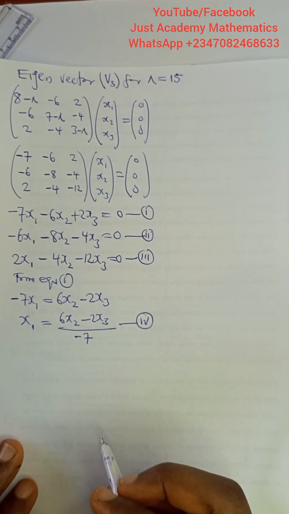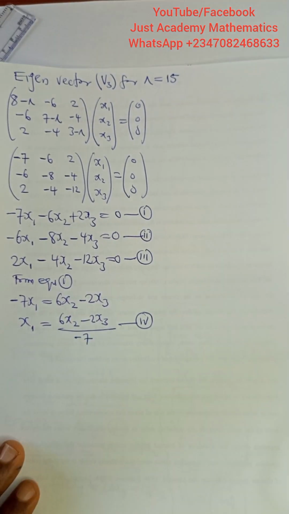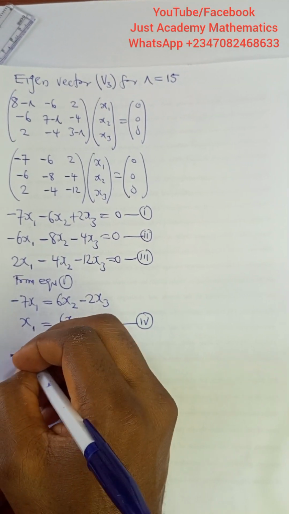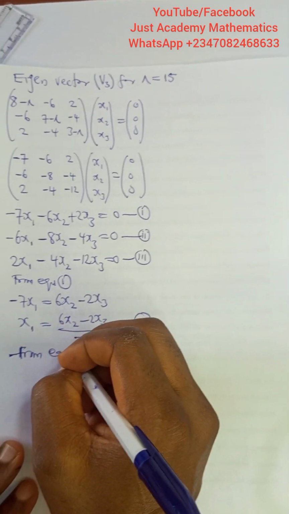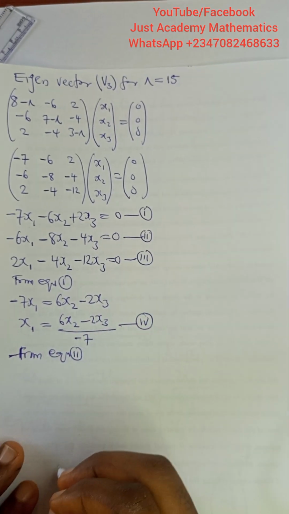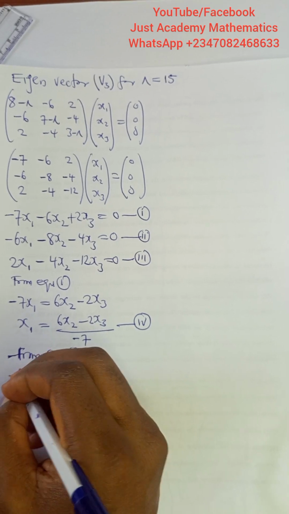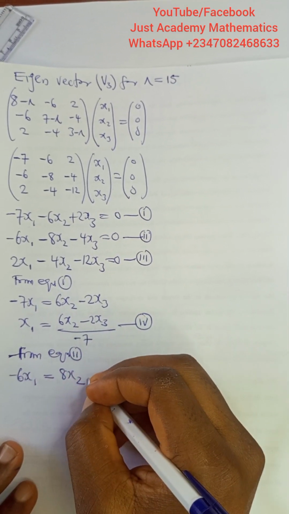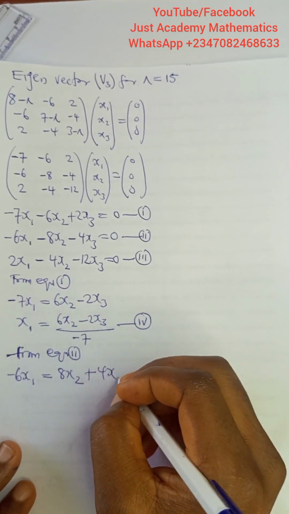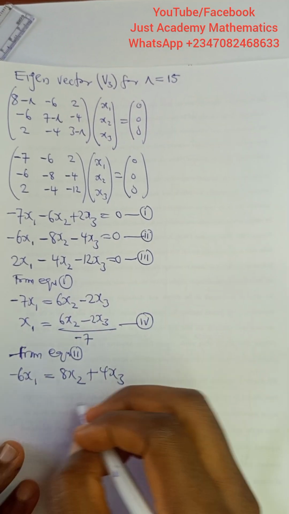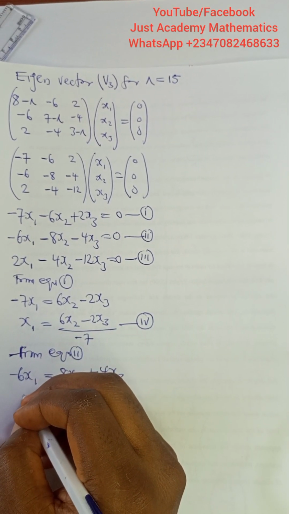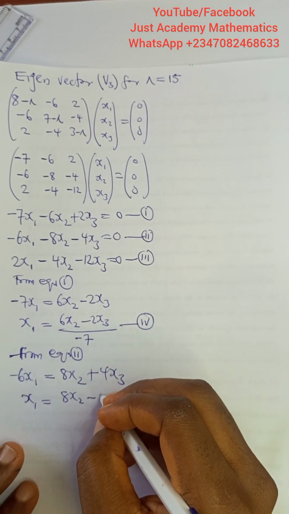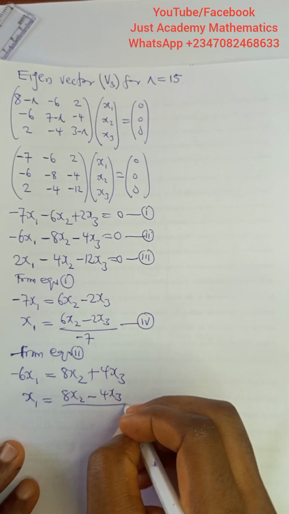We derive equation 5 from equation 2 by making x1 the subject. From equation 2, we have minus 6x1 is equal to 8x2 plus 4x3. Divide both sides by minus 6. We have that x1 is equal to 8x2 minus 4x3 over